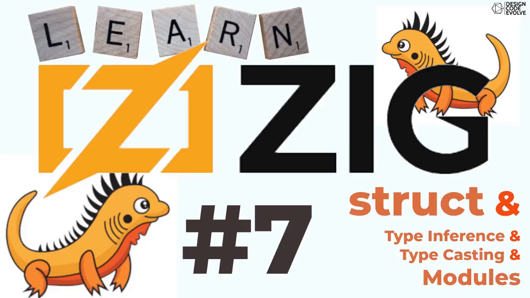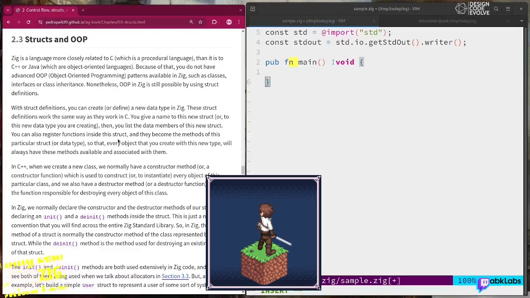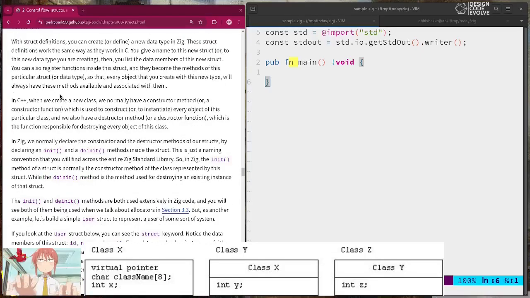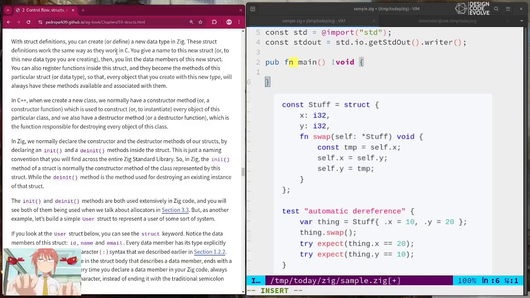In Learning Zig, Session 7 will cover structs, type inference, type casting, and modules. Zig doesn't have C++ style classes, interfaces, or class inheritance. Zig is more like C in this design choice and provides structs as a simple medium to convey complex data collections